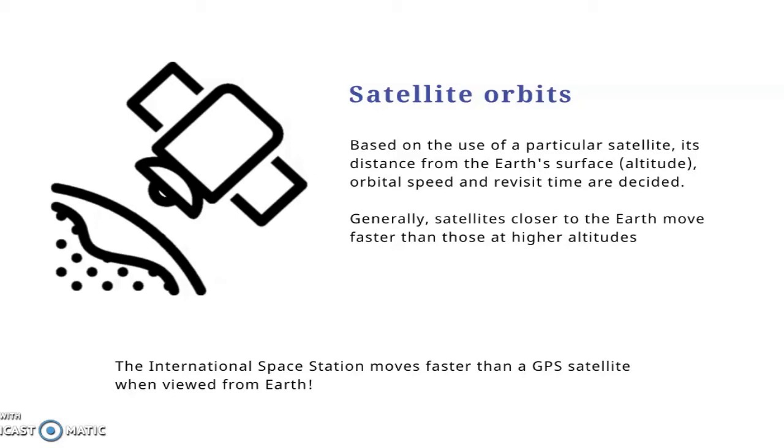As a great example, the International Space Station moves across the surface of the Earth in 90 minutes. That means if I see the satellite right now at 7 o'clock, then I can see it once again at 8:30, at which time it has actually taken one entire turn around the Earth and come back.